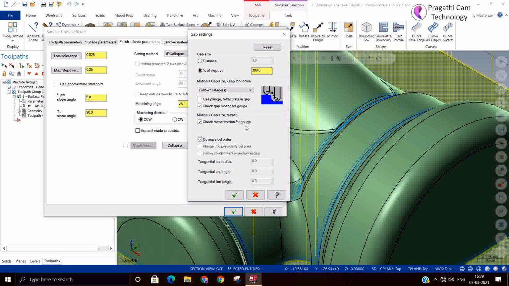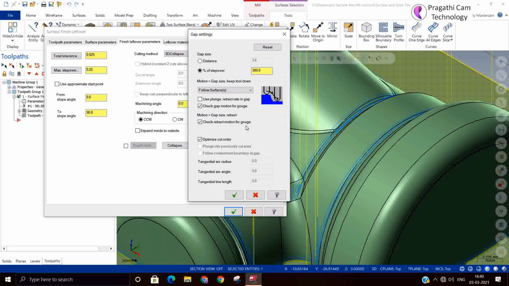So suppose it is more than 0.75, it means the tool has to retract, and you need to check that the tool should not gouge while retracting also.